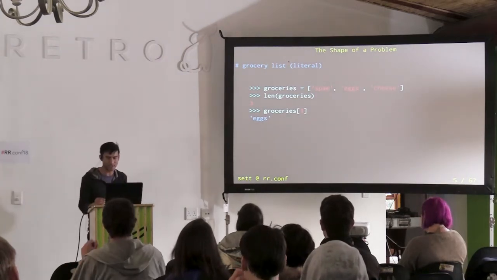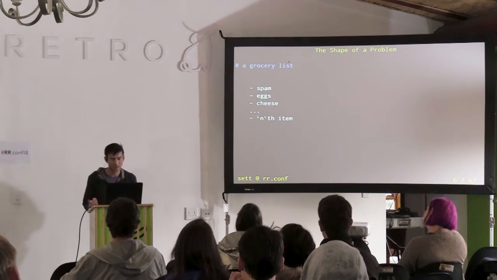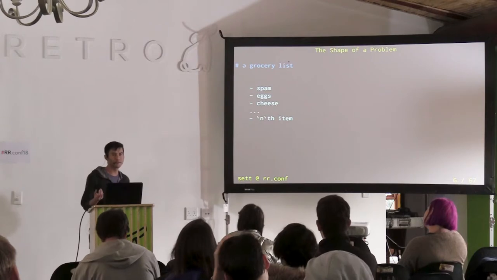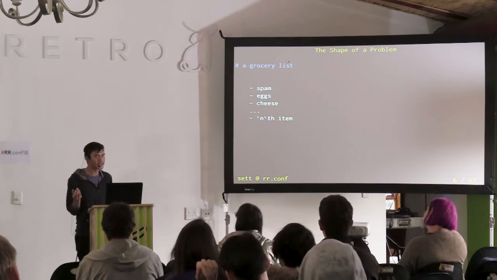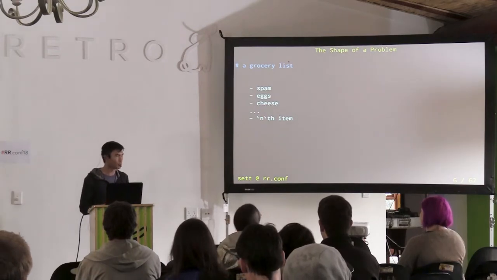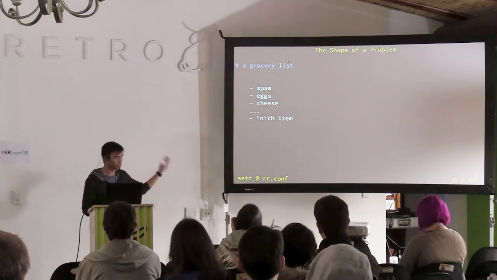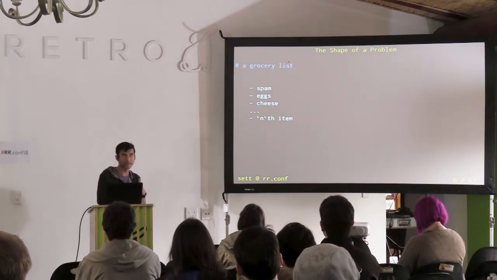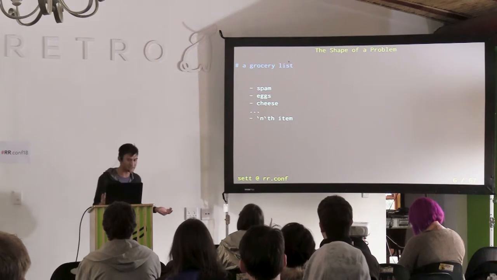Now, that's interesting because our humble little grocery list doesn't have these properties offhand, right? If I ask you to give me the 52nd item on your grocery list, so for example, you work in the restaurant industry, and the big shouty chef gives you like 500 items to go buy at Checkers or whatever, and you want to figure out what the 52nd item is. It's very difficult to do because you'd have to count 52 times. You also wouldn't know very easily how many items you have in the list.